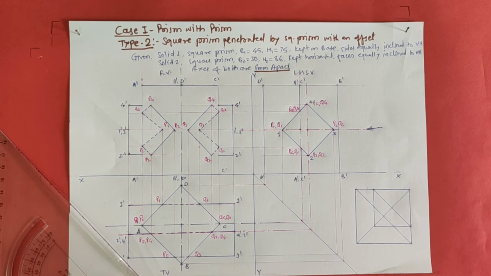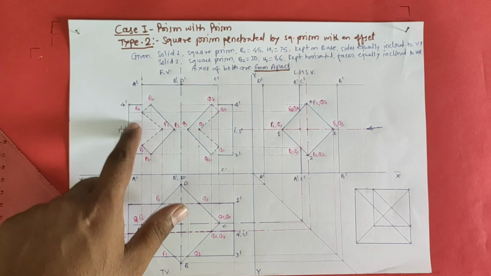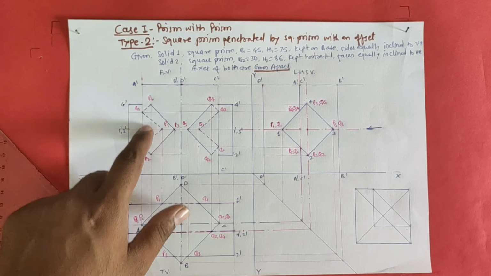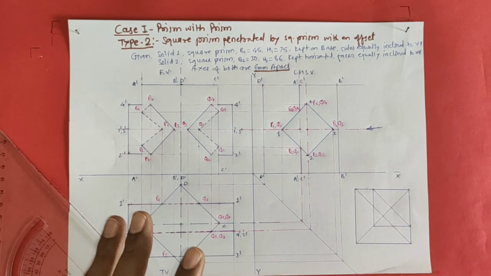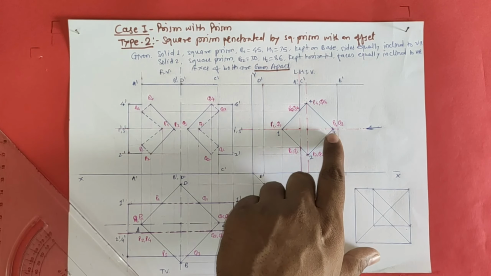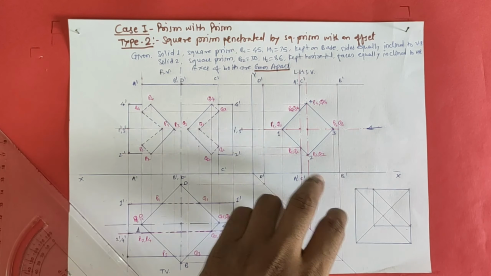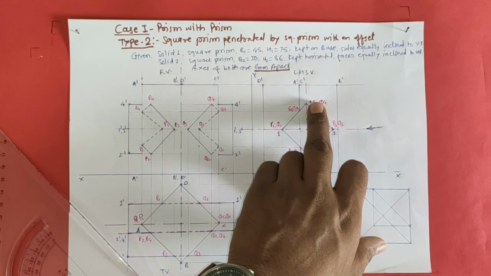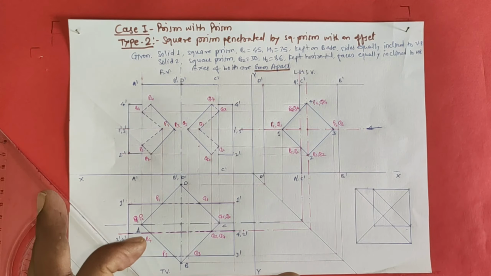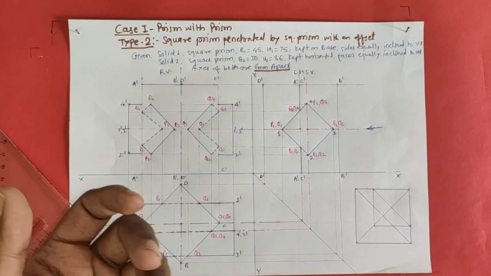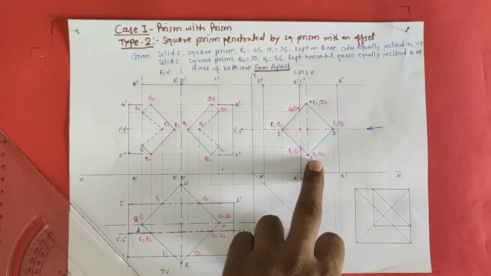Now the last step, that is step number 7, is join the edges. Now see, some part is remaining here. We have not joined it. So the last step is to join the edges. Now which are the edges? P1 edges are 1 1 dash, 2 2 dash, 3 3 dash, 4 4 dash edge. What is visible, you have to join as dark, and what is not visible, we have to join as a hidden line.